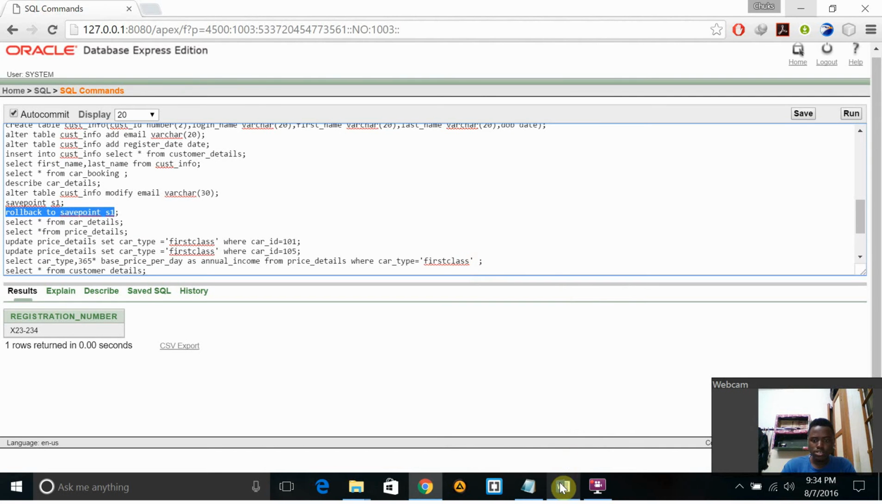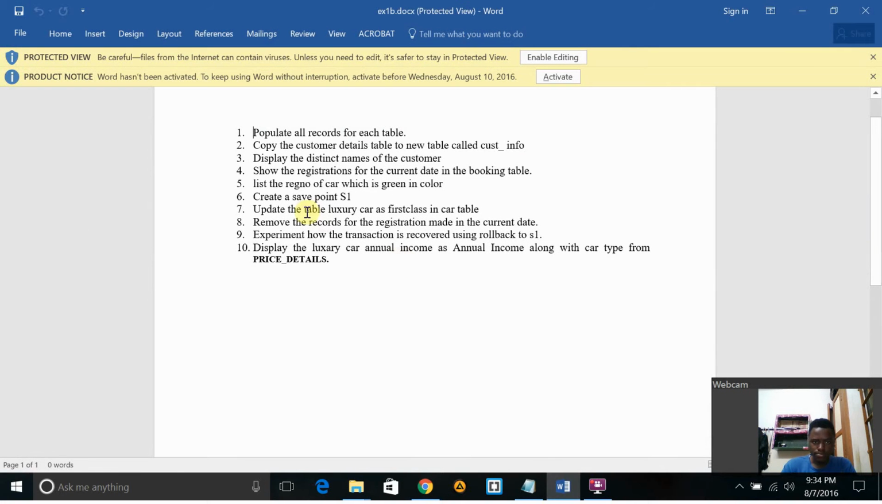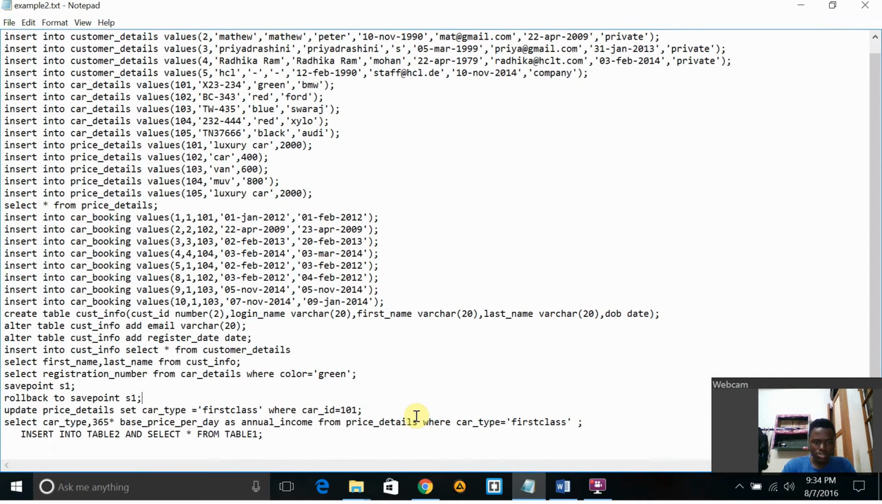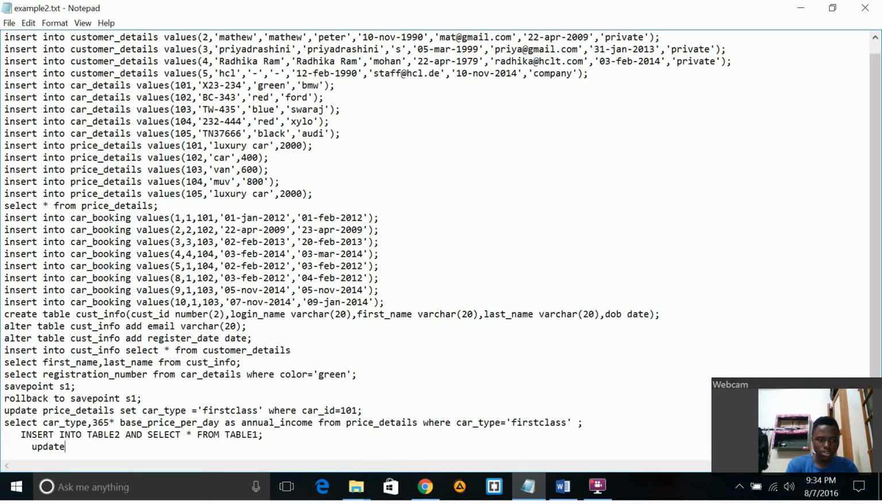So what next? Update the table luxury car as first class in the car table. Okay, now this is a bit tricky, using the update. Notice this: update price details, set car type is equal to first class. You have car ID. I use three commands: update